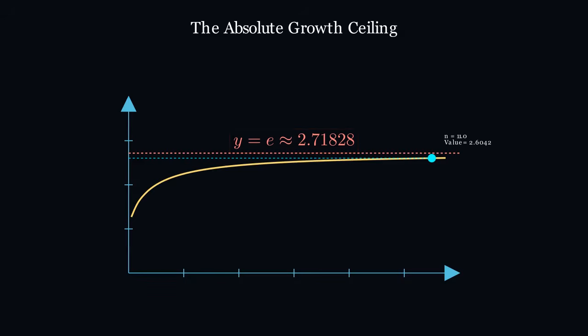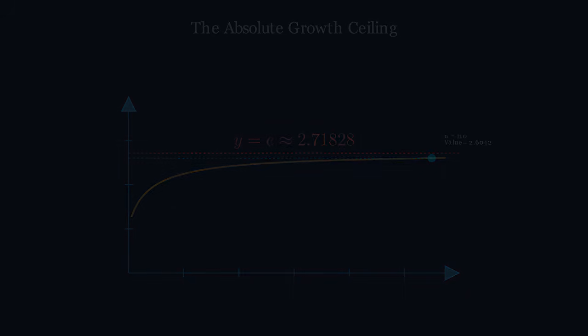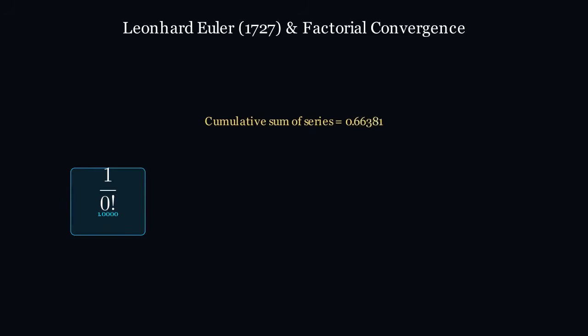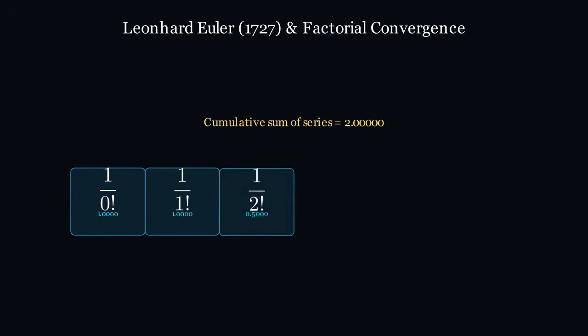Intuition might suggest that a system feeding on its own continuous expansion would accelerate upward into infinity without bound. Instead, the trajectory of this infinite continuous growth hits a hard mathematical ceiling. The ascending curve flattens out, bounded by an exact, impenetrable horizontal asymptote. Bernoulli discovered that no matter how infinitely continuous the growth becomes, the output will never cross the precise value of 2.71828, revealing a fundamental speed limit embedded in the fabric of mathematics.